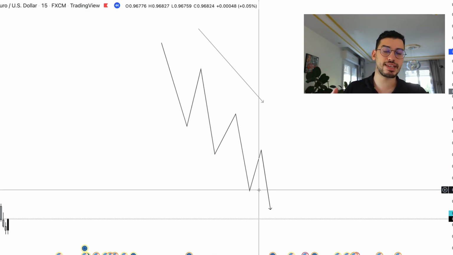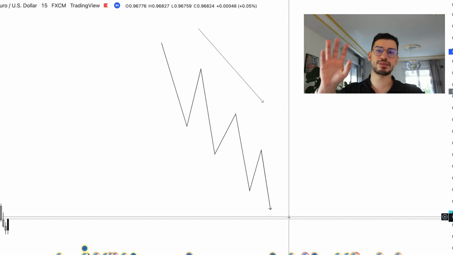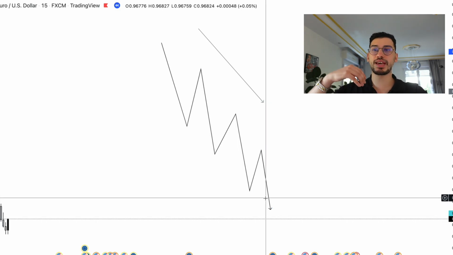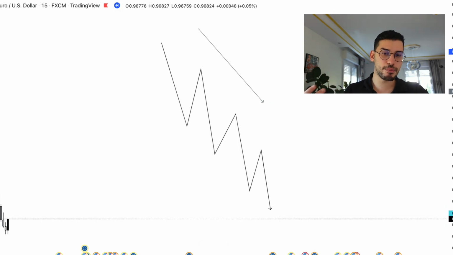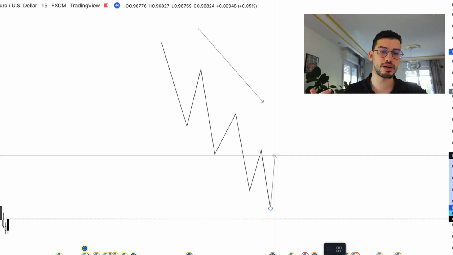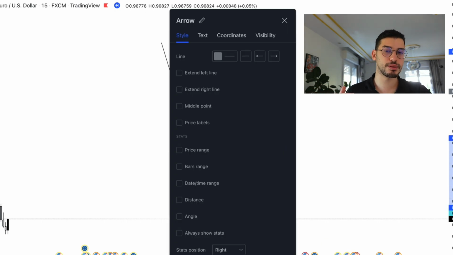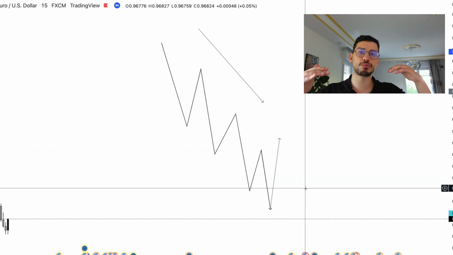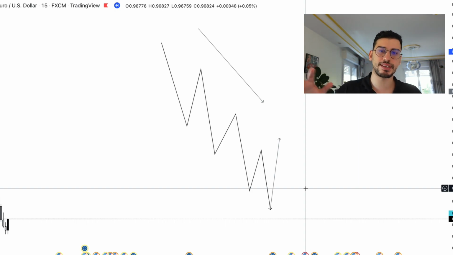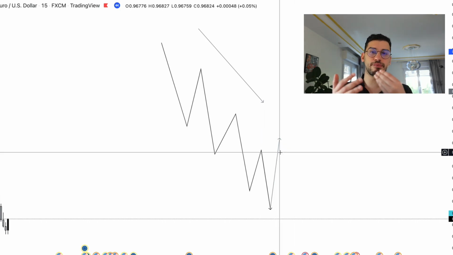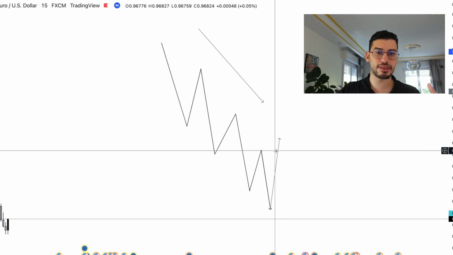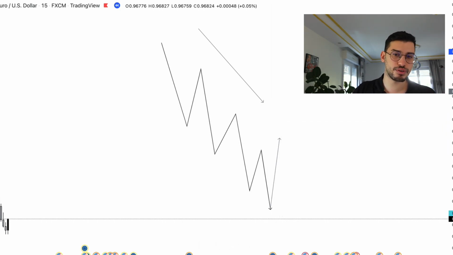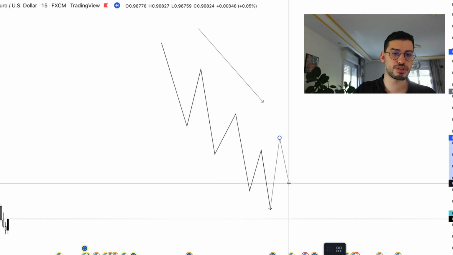So what they do instead is they buy, because remember guys, there are more sellers than buyers, so they can buy from those sellers. They buy from those sellers, and they push the market just a little bit up to convince them to start buying. Now when everyone starts shifting biases and saying, okay, the market just broke structure to the upside, it's going through to the upside, and they start buying, now we have enough people buying that we can sell to. So when we have enough people buying that we can sell to, the banks execute their orders and the market usually pushes through to the downside.